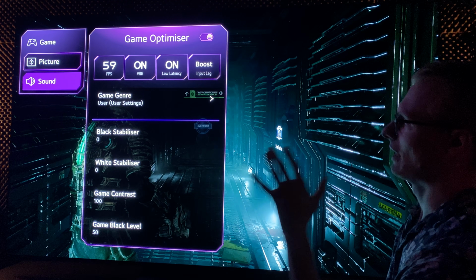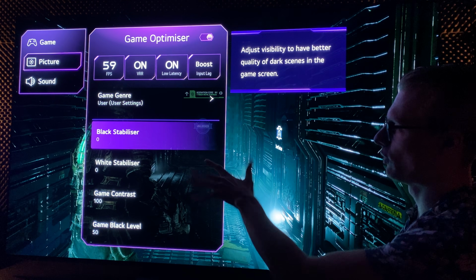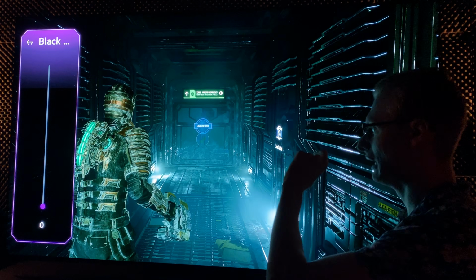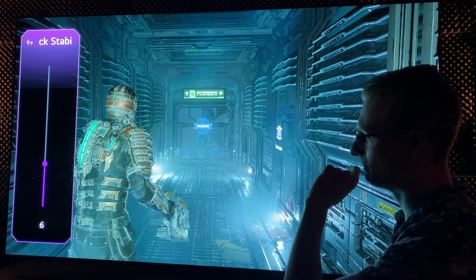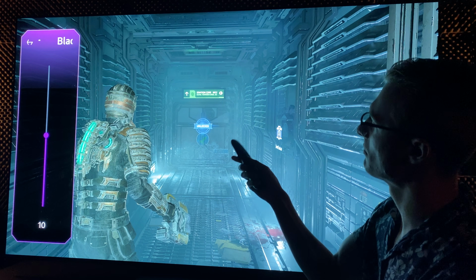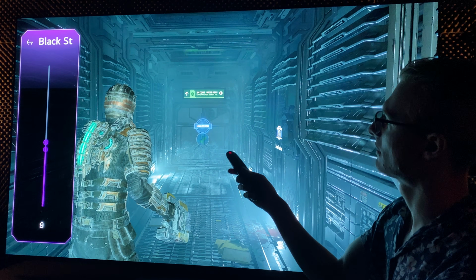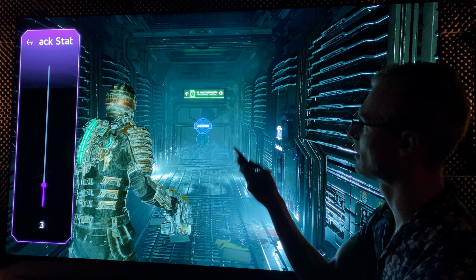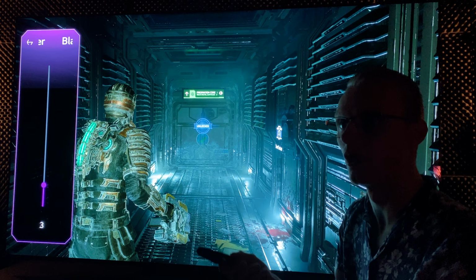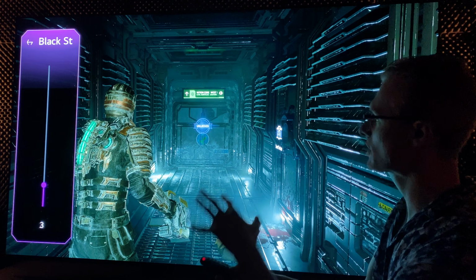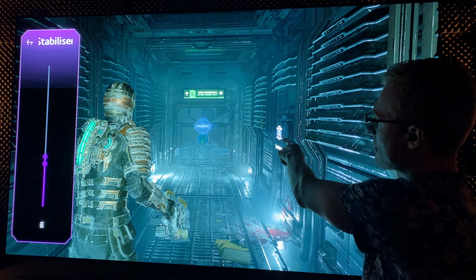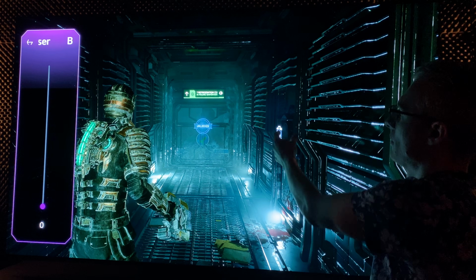So I can tell you a little bit of a quickie here, like how do black stabilizer and white stabilizer work? White stabilizer and black stabilizer. So let's begin with black stabilizer. Black stabilizer grabs the mid-tone brightness and dials it down, but it also makes sure when it's doing that that stuff that is close to white and pure white is not being dialed down in brightness. This will make stuff that is white and close to white still remain with the same brightness,